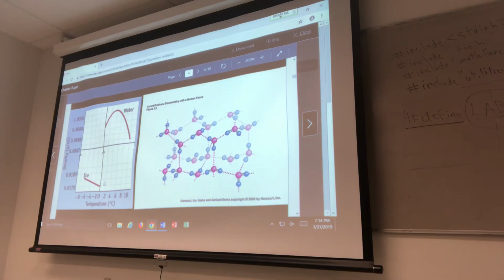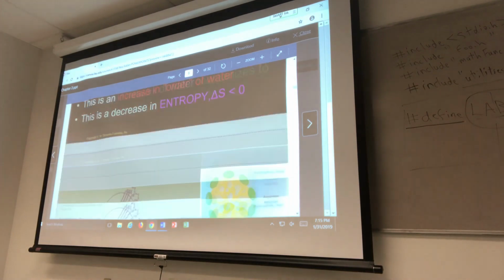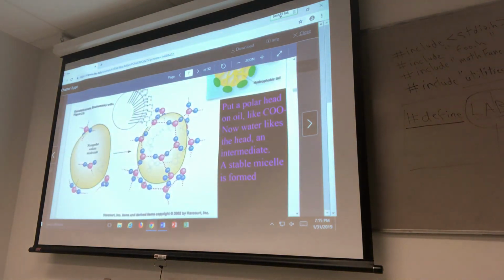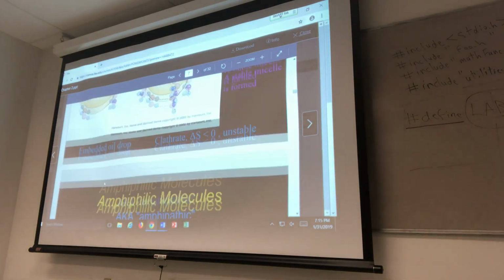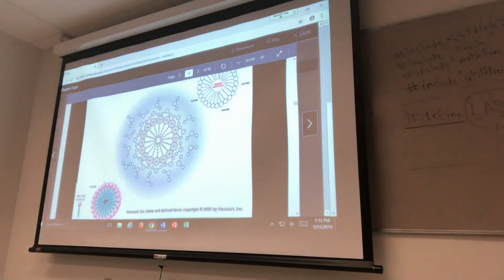Finally, enthalpy. Oh yeah, my cells and liposomes and enthalpy stuff. So, micelles and liposomes. You need to know the small difference between them. And I'm looking for a nice picture to give you. Here's a micelle. So a micelle forms when you have a nonpolar molecule and you throw it in water. And notice that water